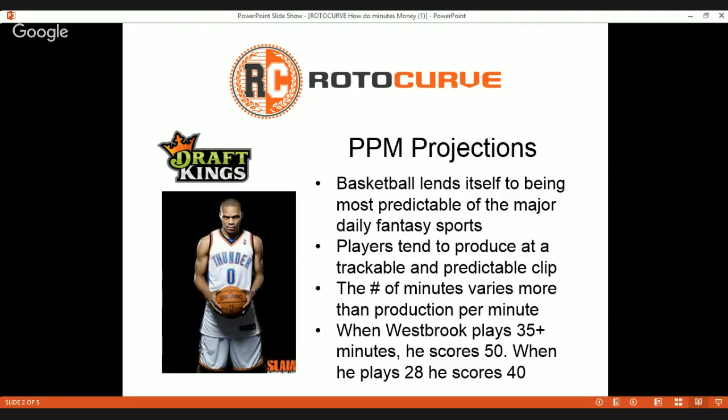And that's what we mean by that, is it's very predictable in the sport of basketball. If you can predict how many minutes a guy's going to play, the points per minute that he scores is usually a pretty solid number that you can use and make some solid projections off of. Therefore, when you know that someone's going to play a certain number of minutes, you take their points per minute multiplied by the number of minutes they're going to play, and it usually gives you a pretty good idea or a pretty close estimate of how many fantasy points they're going to score.